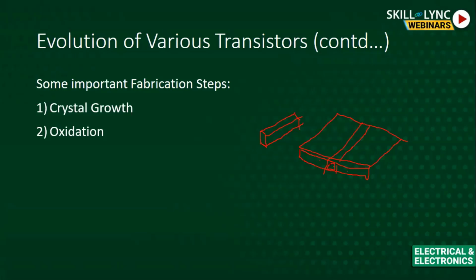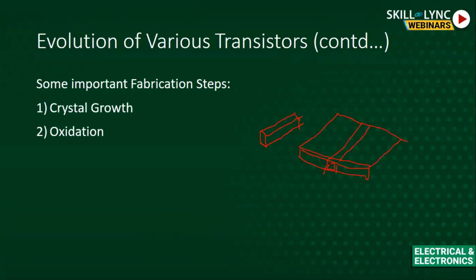Also, the oxide layer has good insulating or dielectric properties. So we can add one thick oxide layer in between any two layers so that it acts like an insulator. There will be no interaction between one layer and the layer underneath, if at all we have an oxide layer in between.